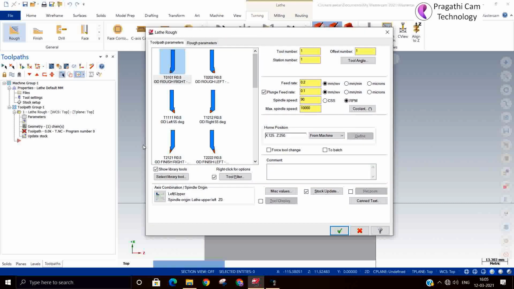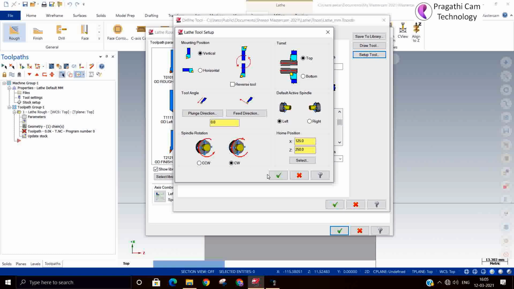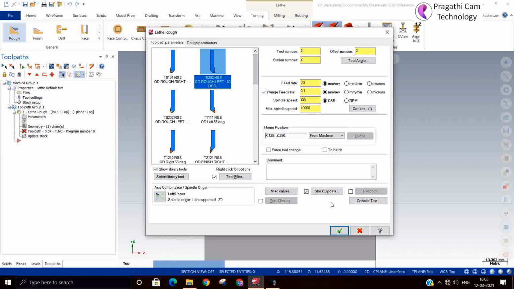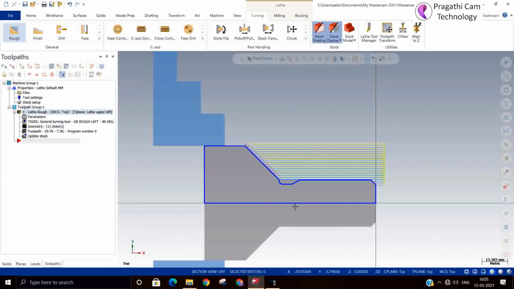I'll select a suitable tool, and the setup I'll change. Okay, direction I understood. Now I'll add use stock for outer boundary. 1 mm will be the depth of cut. I will accept. So roughing is over.